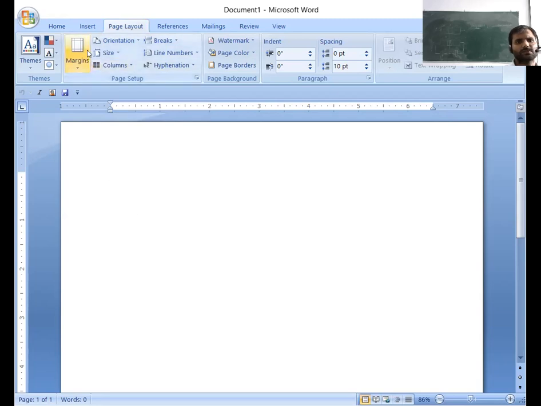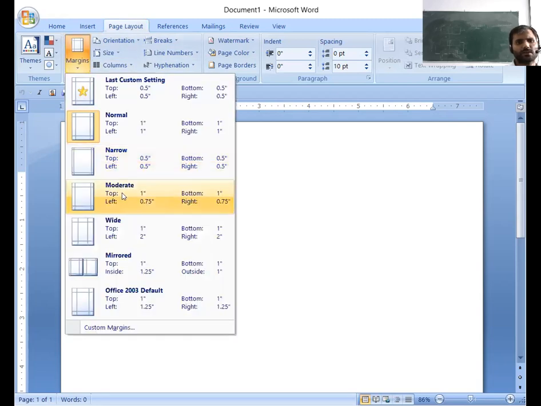And as we know, there are also some settings for the margin of pages. So if you want some margin in our pages, then choosing page layout and going to the margin, we have to find some predefined margin.